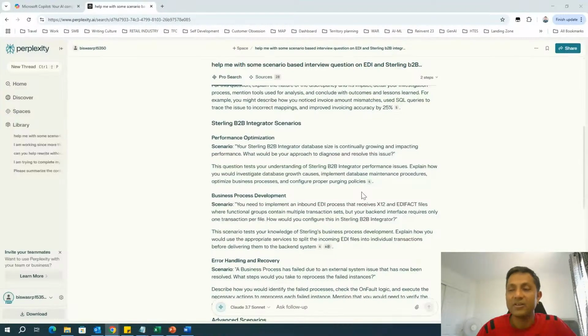They skim through your resume before any interview as preparation, look into the areas you mentioned as your strong areas or strong experience, and carve out some of the questions from there. So be very careful when creating your CV or resume. Don't just copy and paste things like all kinds of transactions, EDI standards, Excel, Edifact, Tradacoms, XMLs, everything from some other place. Don't mention all the things under Sterling B2B Integrator